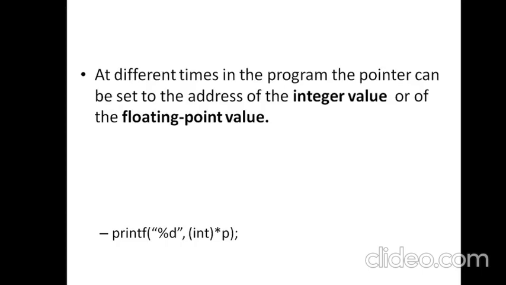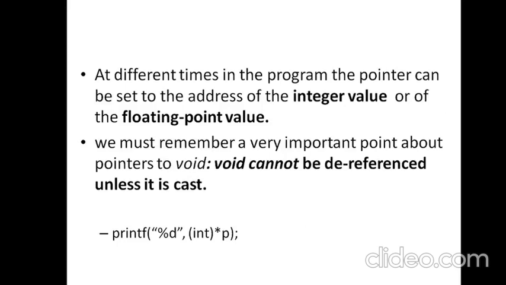But one very important point here is that though the assignment of the address to the pointer does not require any typecasting, the dereferencing of the pointer to print the value has to be done with typecasting. Just look at this statement. I want to print the value of asterisk p. Asterisk p may be integer or float at the moment, based on what the last statement was. If we had assigned a floating point address to this pointer, then it is pointing to a floating point value, so it has to print a floating point value, or it must be an integer.